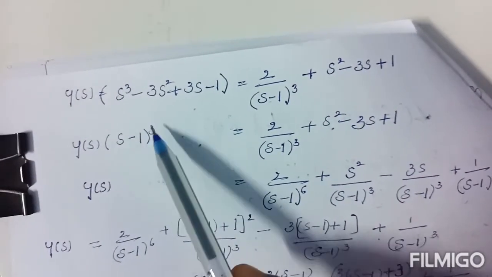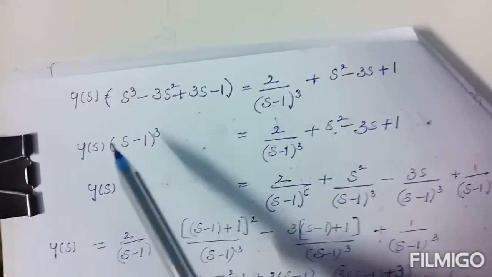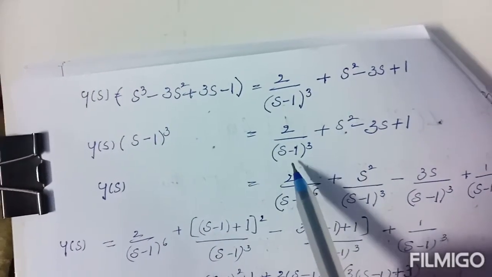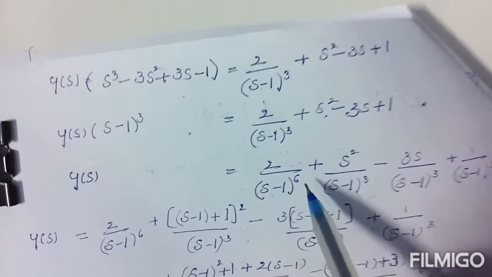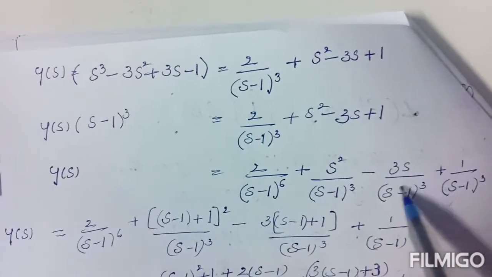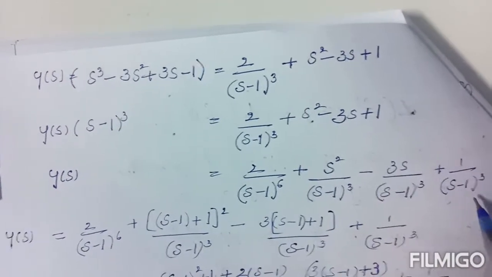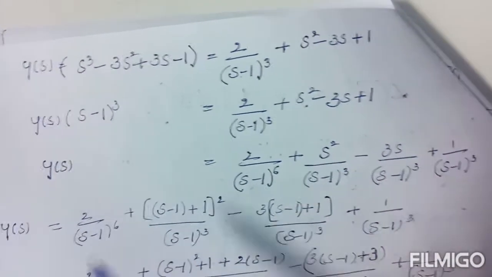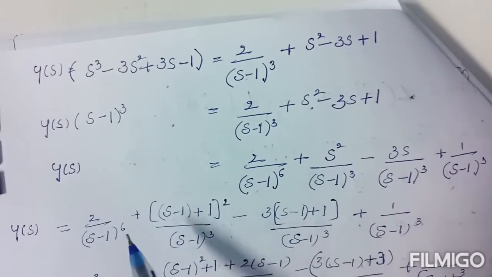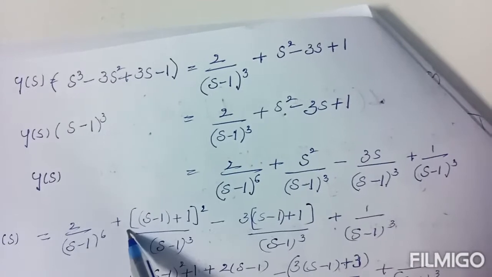Now write s minus 1 whole cube on the opposite side into, it becomes on the right side by. So that 2 by s minus 1 whole power 6 plus s square by s minus 1 whole cube plus 3s by s minus 1 whole cube plus 1 by s minus 1 whole cube. Now y of s equal to 2 by s minus 1 whole power 6 as it is, plus, to write